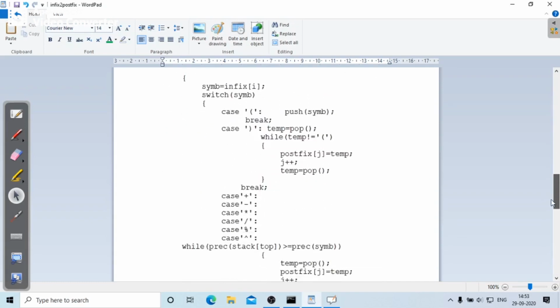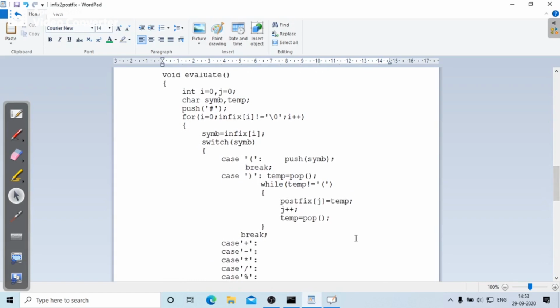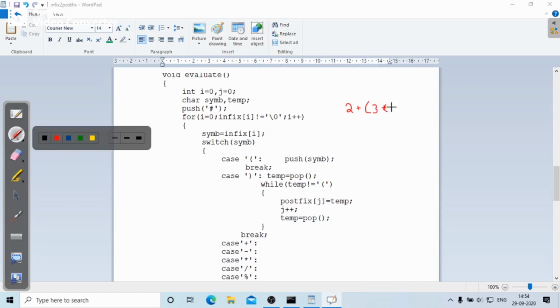Let me explain this again with an example. Let me not take a parenthesis; instead take 2 plus 3 star 5.